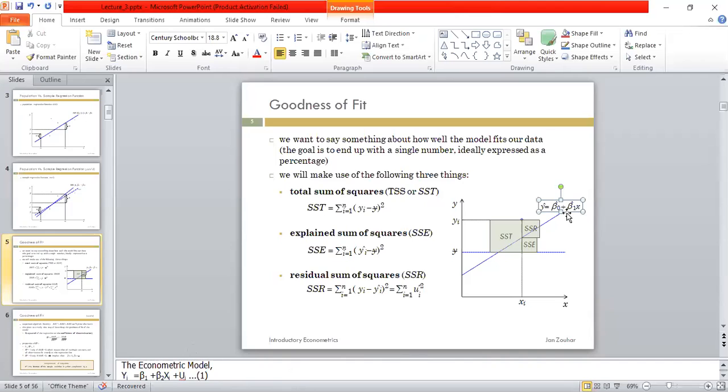So if you look at the econometric model and you have estimated that model using OLS formulas,